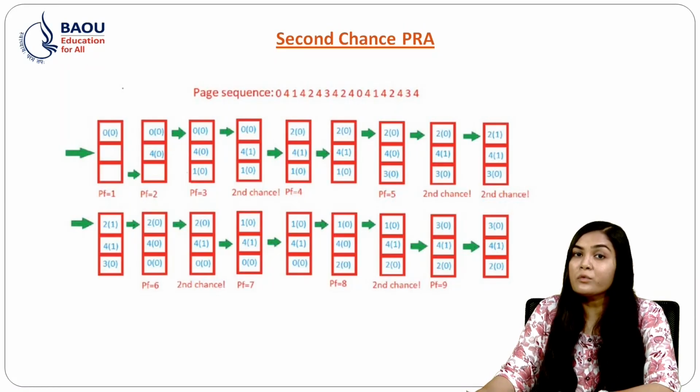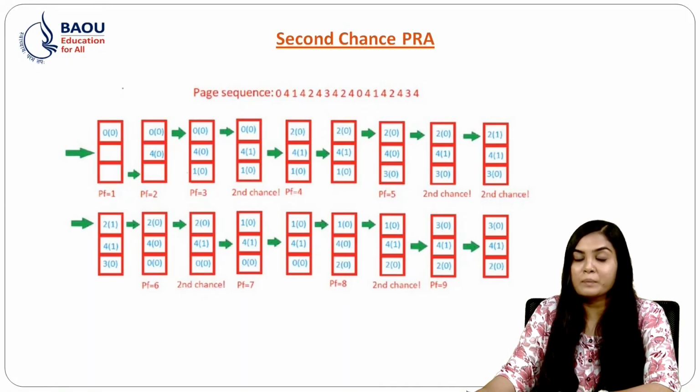and the second chance will be 1, 1 and 0, because 2 is referenced again here, and the pointer will be at 0 and the page frame will be set at 5. So after that, when we pass 10, the frame will be 2, 4 and 3 and the second chance will be 1, 1 and 0. Then our pointer will be set at 0 and the page frame will be 5 because